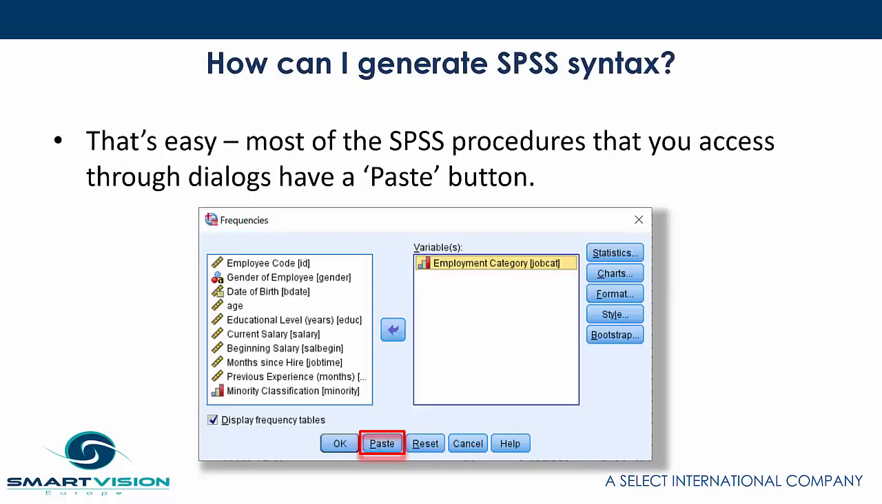Now, you heard me mention something about pasting syntax earlier on. If you're not familiar with what I'm talking about, when you run a procedure in SPSS, you're usually doing that through a dialog box, and dialog boxes have common buttons such as help, cancel, reset and OK to execute it. Next to the OK button, you'll get this little button marked paste. When we click on the paste button, as we will do for this procedure, it shows us the underlying syntax. Here we have a frequencies table of a single variable called employment category,